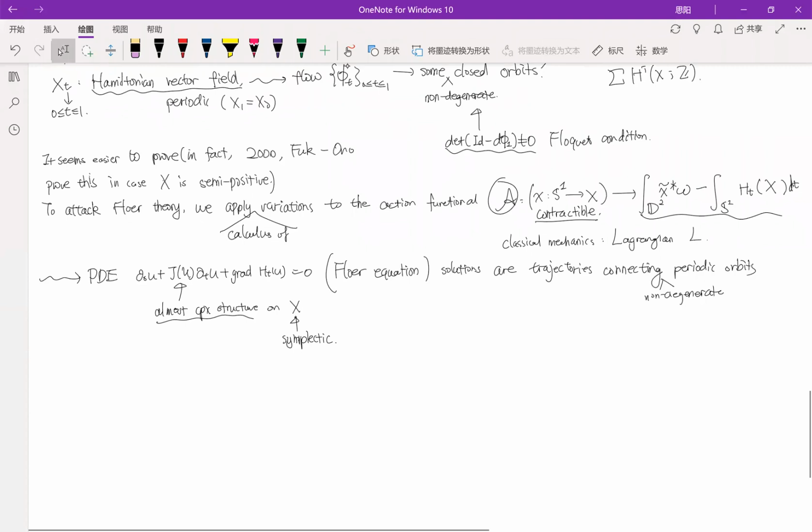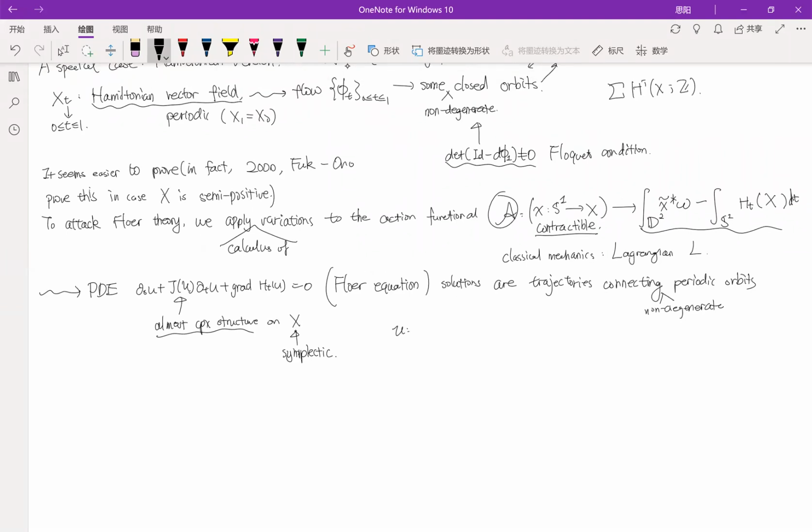Then we obtain a moduli space of solutions. That is because it is trajectories connecting periodic orbits, we have in fact a cylinder S1 cross R to X, and the solutions to this partial differential equation are some special types of smooth map from a cylinder to X, and this will give a moduli space M, which is a subset